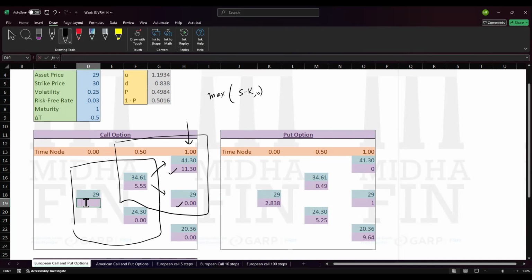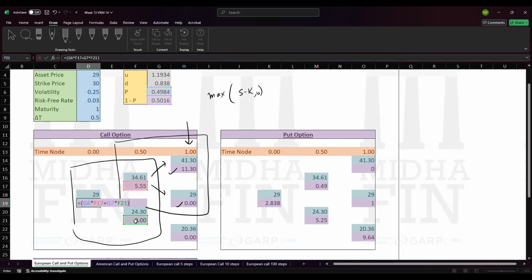It's equal to P into 5.55, plus 1 minus P multiplied by 0. Correct? This is 0. Now I have the weighted average at t equal to 0.5,